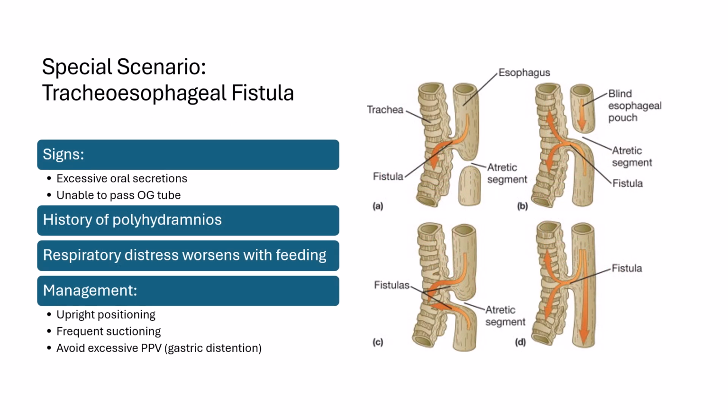Tracheoesophageal fistula shows signs like excessive oral secretions and inability to pass an orogastric tube. There's often a history of polyhydramnios, and respiratory distress worsens with feeding attempts. Management includes upright positioning to reduce reflux, frequent suctioning to clear secretions, and avoiding excessive positive pressure ventilation, which can cause gastric distension. The full stomach can compress the lungs and worsen respiratory status, so careful management of ventilation pressure